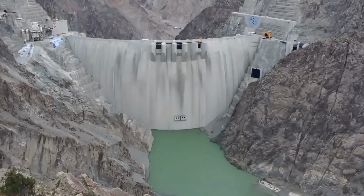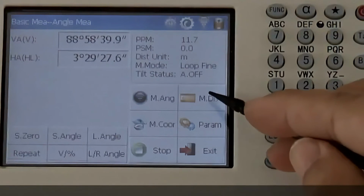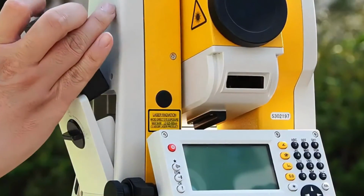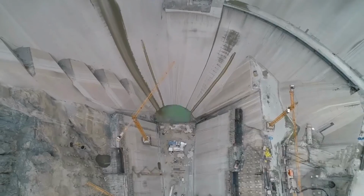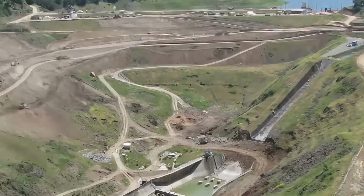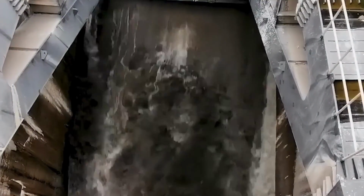The entire process of building the dam was under precise control and continuous monitoring by engineers. To ensure the project's quality and timely completion, the most advanced surveying equipment of the time was utilized, including high-precision total stations, levels, and distance meters, to measure and position every aspect of the dam's construction. These devices acted like eyes, spread throughout the site, continuously transmitting the dam's health status, providing valuable data to the